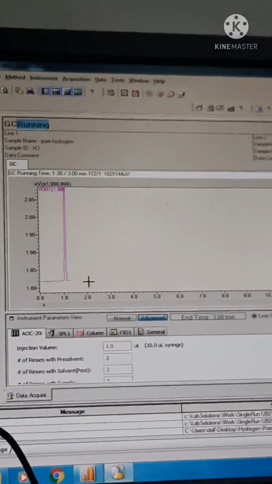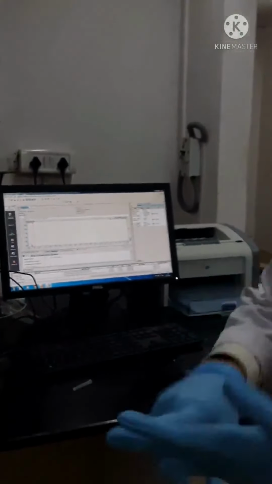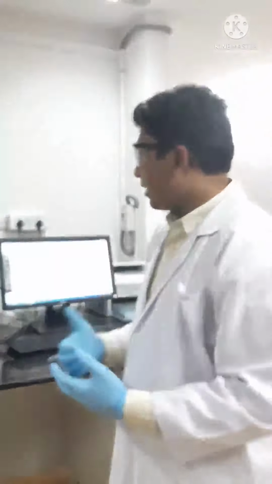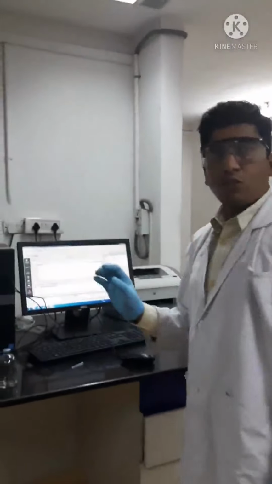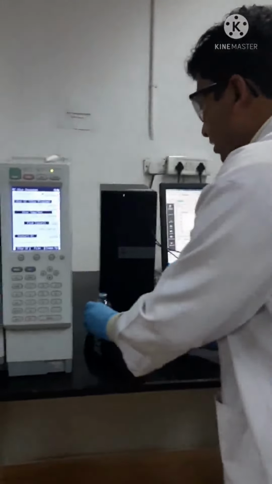gaseous sample. If you want to analyze the atmosphere, in the atmosphere also we have a lot of gases. You just take some sample from the atmosphere. We know the nitrogen content, carbon dioxide content, and so on. So maybe you will get the CO2 and other oxygen level content. So we can estimate any gaseous sample. If we have the control sample, it will be easy to estimate. So this is for pure hydrogen. Similarly, we are going for the fermentation sample.